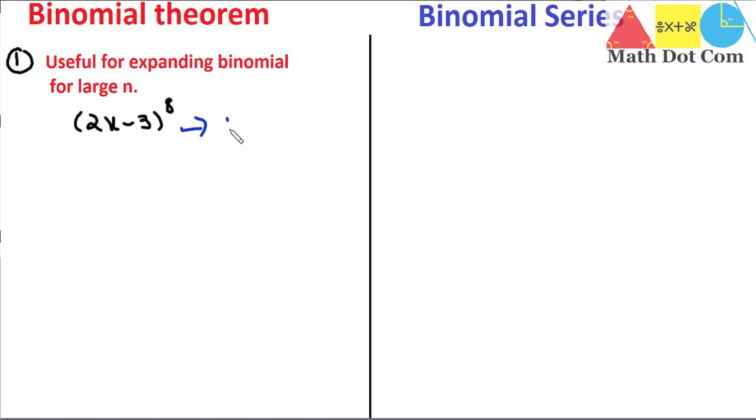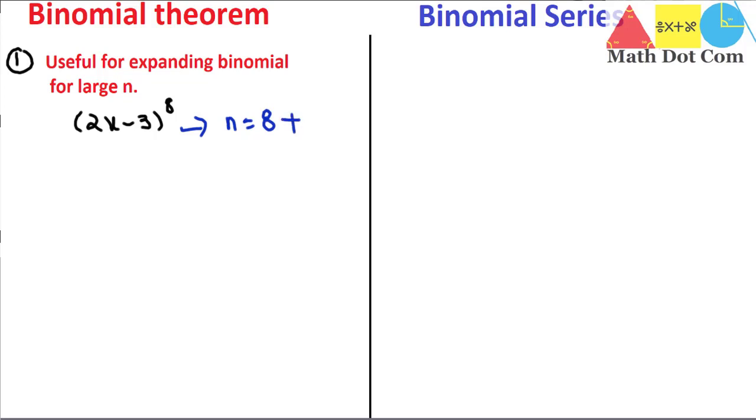Here the power of the binomial expression, that is n, is equal to 8. So we are looking towards the power. If it's 1, we need not apply the binomial theorem. If it's 2 or 3, then that is okay, we can apply the square and cube formulas. But when it goes above 3, then we have to apply the binomial theorem in order to save our time and to get the expanded form of this binomial expression. So keep this in mind, we apply this on a binomial, which means an expression with two terms. Also keep in mind that binomial theorem is applicable only when the power is positive. Here n is equal to 8 and the power is positive.